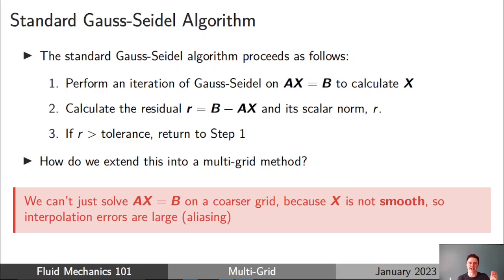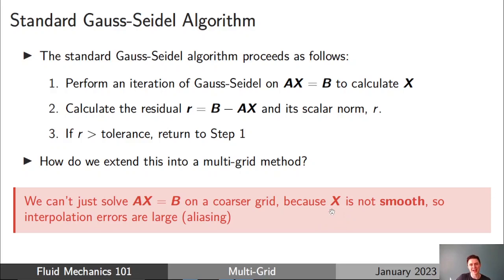We've seen the ideas previously. We've got a good idea of how we can smooth with Gauss-Seidel and how we might want to interpolate onto a coarser mesh, but how do we actually do this? And at this point, I wanted to make a very important point, which is a common misconception in the multigrid method, and that is we can't just take this original equation, Ax equals b, and solve that on a coarser mesh. So we couldn't just move to a coarser mesh, solve Ax equals b on this new mesh, because